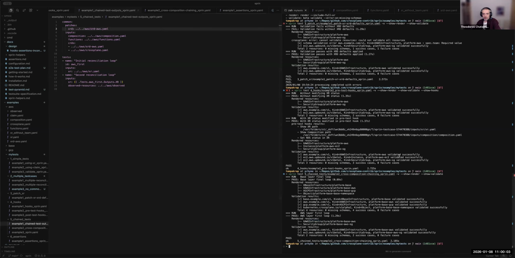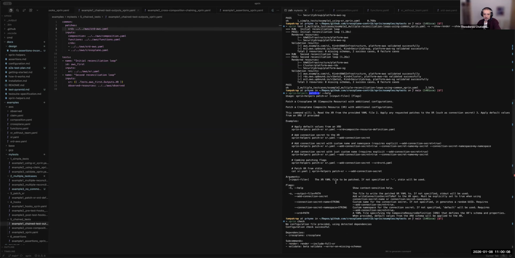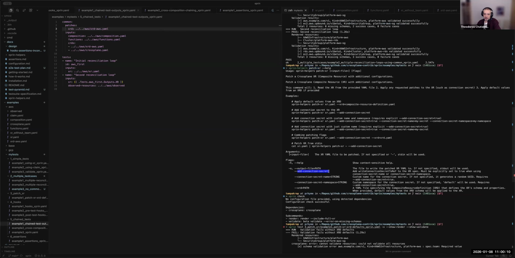So the patches are from a separate tool, this patch XR tool, which right now just adds connection secrets manually because in V1 at least there was no way to do it with observed resources. If you remember, there was an open PR. We decided not to merge it for V1. So I needed a quick solution in my case because otherwise Crossplane render doesn't work. So the quick solution was to be able to add it manually. So you add the write connection secret ref manually in your output.